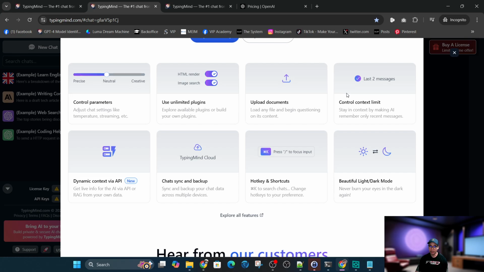Jumping down here, you have the ability to change some parameters within each LLM. You also have unlimited plugins, which is awesome. You can upload documents. So if you want to actually use a document, like let's say an ebook, a PDF, and use that as your brain to actually augment the knowledge, like let's say that most large language models, they have a cutoff date, and you have a new document or maybe a document that has recent news, you can